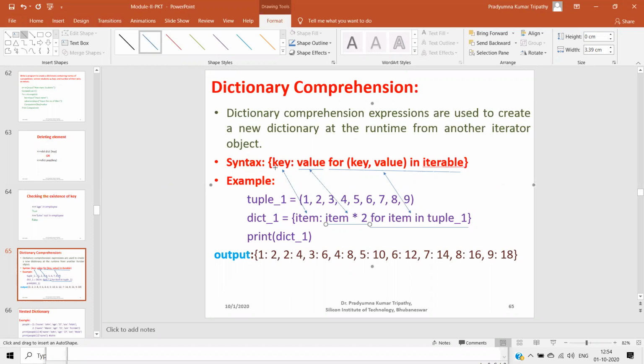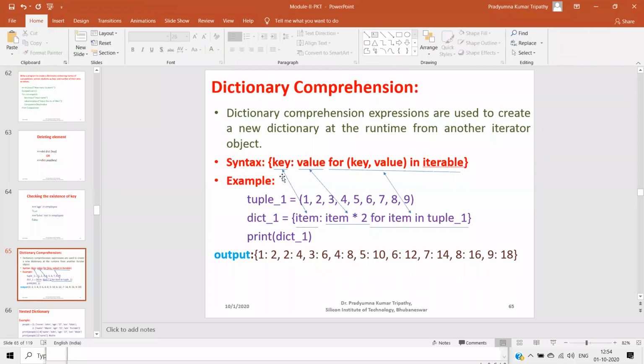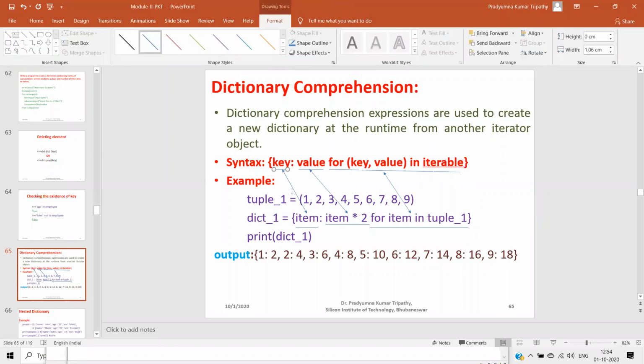I hope now you can find out how it is mapped. It is exactly being mapped. The C over here. This key is mapped into this item. This value is being mapped into this item into 2. This key value is mapped into key value. This for loop is mapped into this for loop. Correct? What I am saying? So therefore,